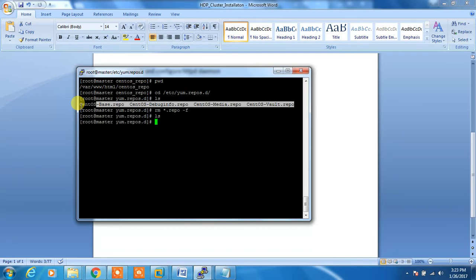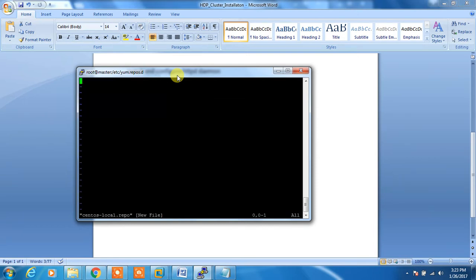Okay, and we can create our own custom repo file. I'm writing it as CentOS-local.repo. Here, CentOS-local, and for the name, whatever name I can give, I'll give CentOS local. Any name you can give. Base URL,